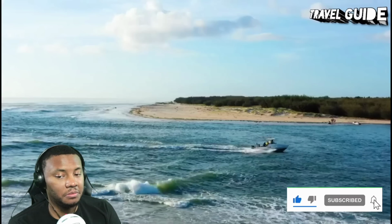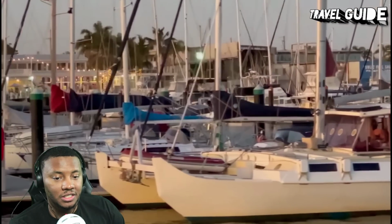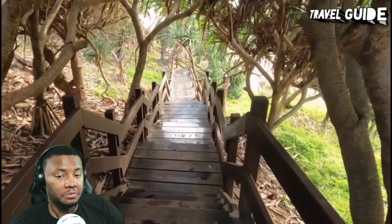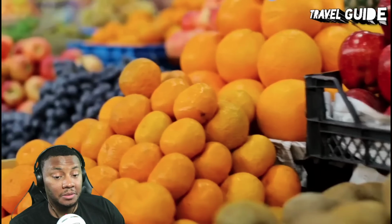Not far from the Sunshine Coast's beautiful beaches, the emerald-hued hinterland offers its own sleepy charm. Top things to do in the Sunshine Coast Hinterland include exploring quaint mountain villages, tasting artisan foods, shopping at colorful